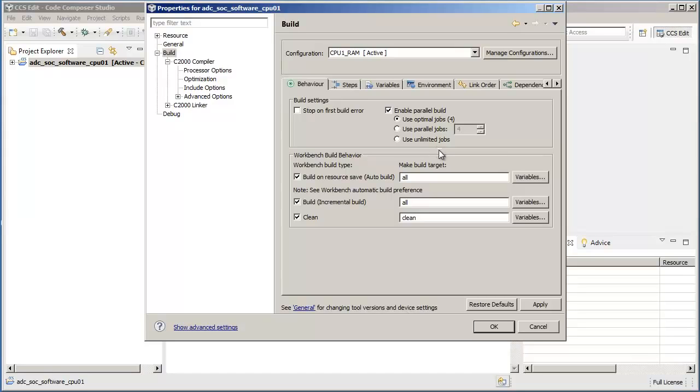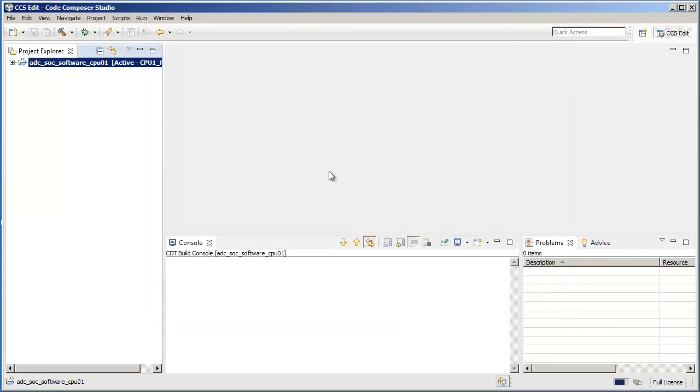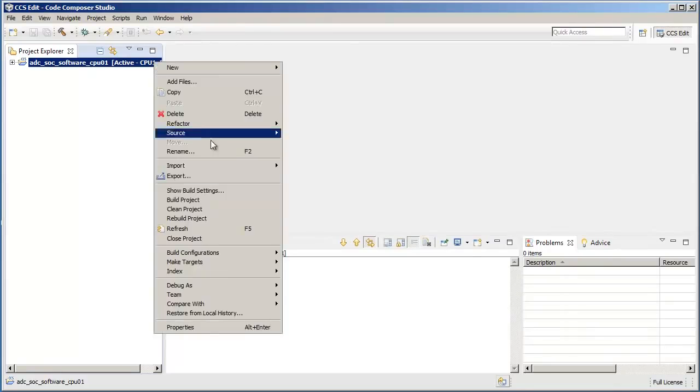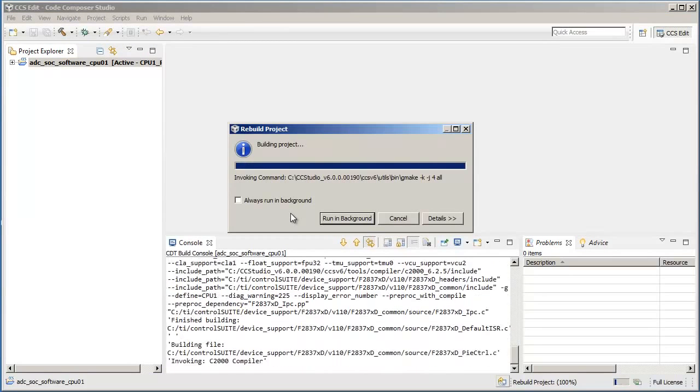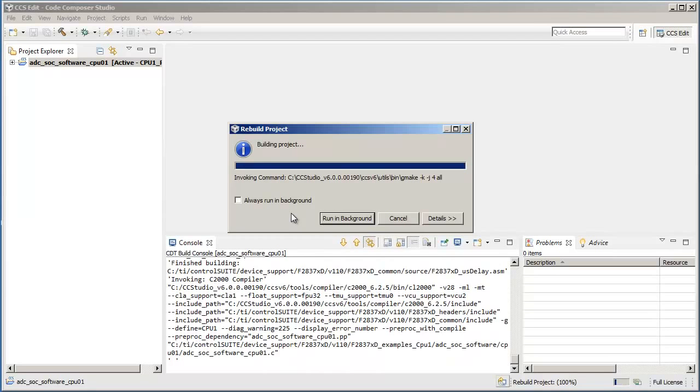So for this example, I'm going to go ahead and use the optimal number of parallel jobs. In this case, it's 4 jobs. And what I'm going to do is build this example, because there's one other thing that I want to show as far as what the build output looks like when you enable parallel builds. So I'm going to go ahead now. I'm building this project,